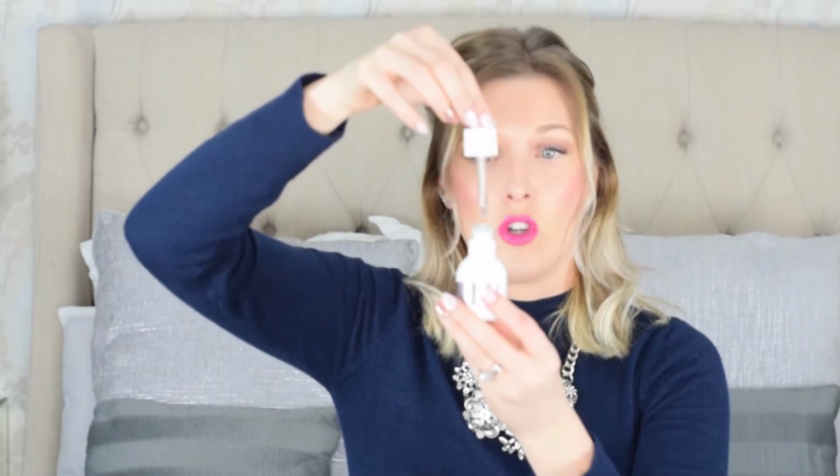This Drops of Light comes in a little pipette, and I just drop a few drops on my hand and rub that all over the face, and it really helps brighten the skin. I think it's a very beautiful serum. And then this is a very simple serum that does what you want, and it's a hydrating serum from Aven, so I really like that as well. So I would pick one of those 2,